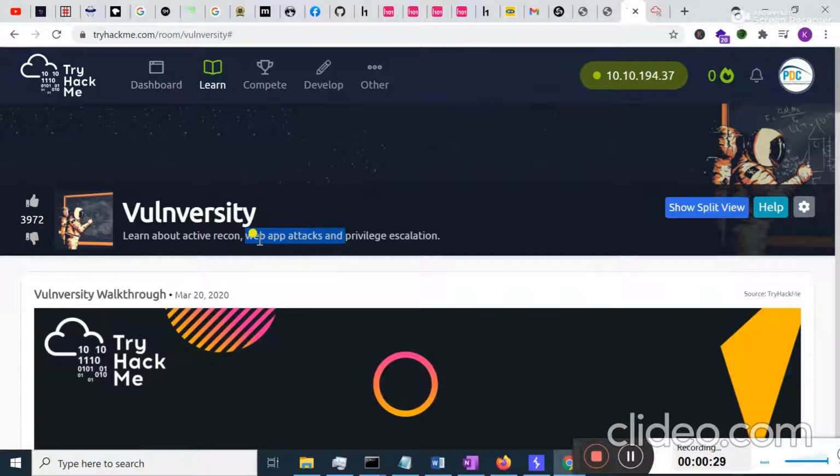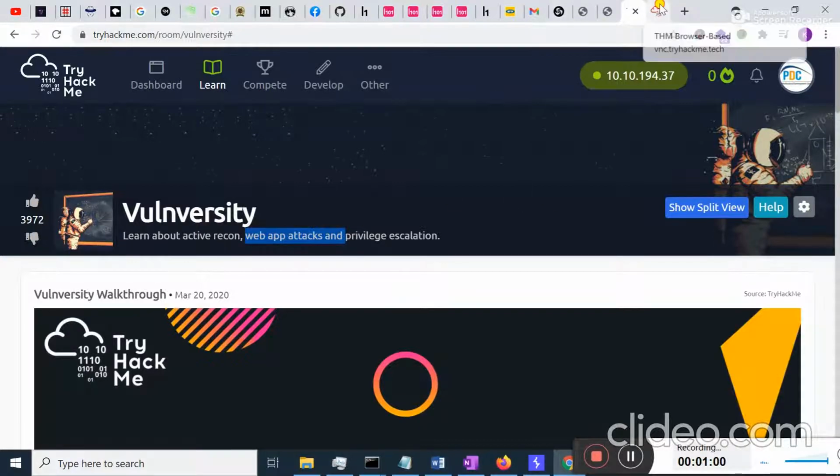Before we start, I would recommend that you have basic knowledge of the following topics. It's not necessary, but it will help you solve the task more efficiently and effectively. You should have knowledge about Nmap, directory busting, Burp Suite, Linux file system permissions, and how you can set an environment variable. If you know these topics, it will definitely help you solve this lab.